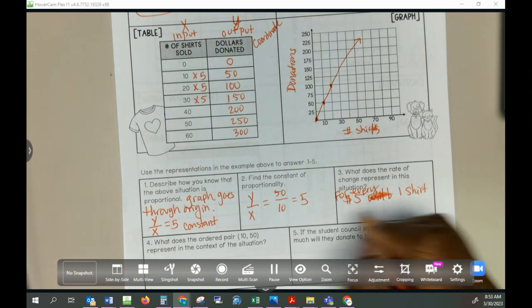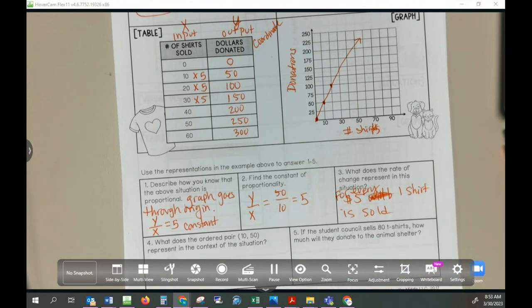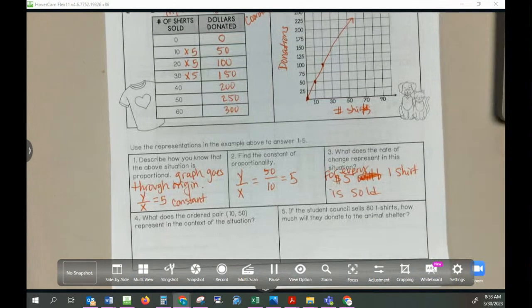Well, I'll say it like that. One shirt is sold. So for every $5, one shirt is sold. That's another way we can tell that it's proportional, because it's only one thing happening, and if they sell nothing,